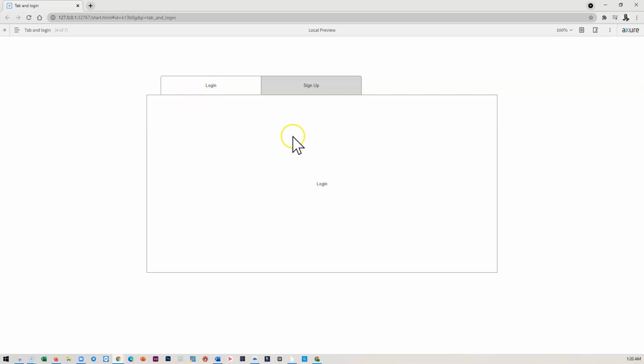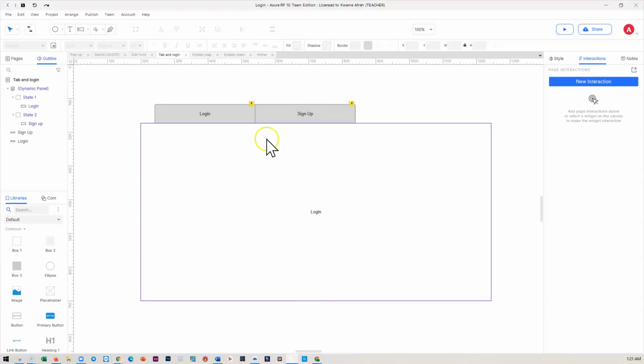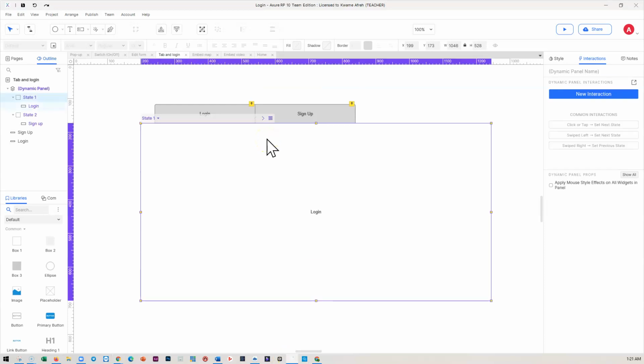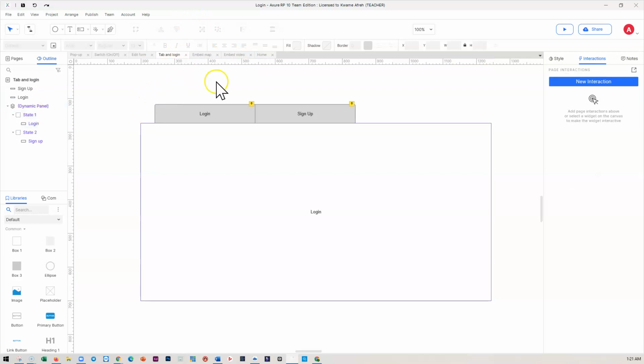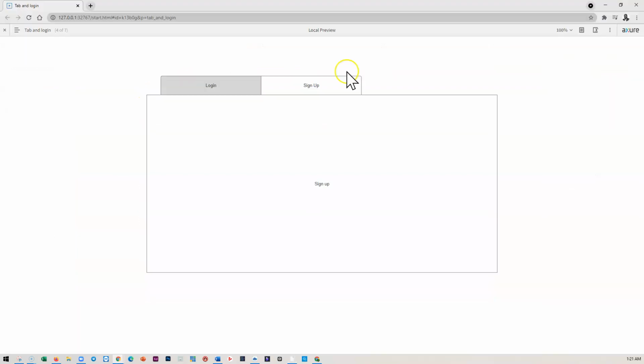this is there, and it's because this is, I think, on the top and this is below. But we'll go back and check that one. But then if I click, you could see that these are swapping and the content is changing. So let's go back quickly and fix that. So we will select this dynamic panel and here send it back. Now we can come here and refresh the page, and now when I click,